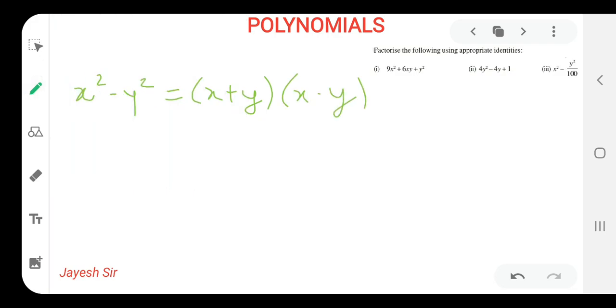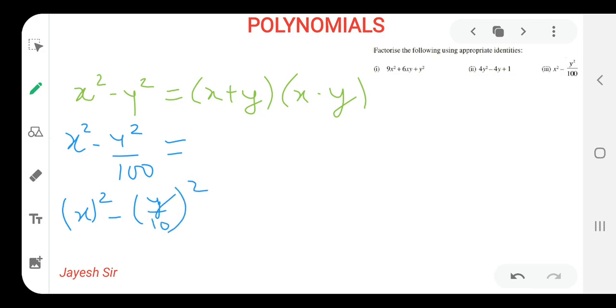That's very easy. Now pause the video and try to solve it on your own, as you have solved this type of sum previously also. So we'll put the value for the question over here. It is x square minus y square by 100. Yes, this is our question. So how will we try to relate it, friends? So this is our first step. That can be further solved. How can I solve it? x the whole square, y upon 10. Why have I done 10? Because 100 is the square of 10. So in this way we can try to relate it with our question, this step.